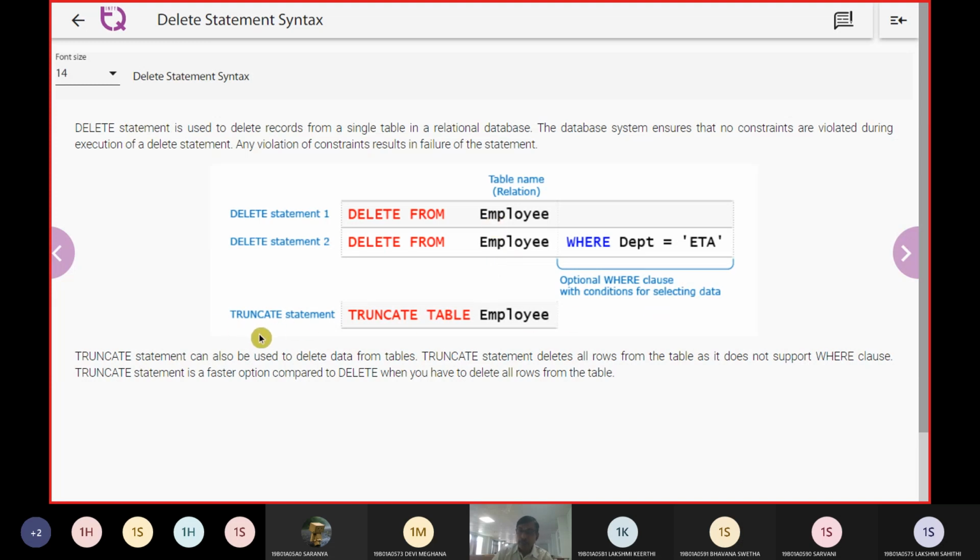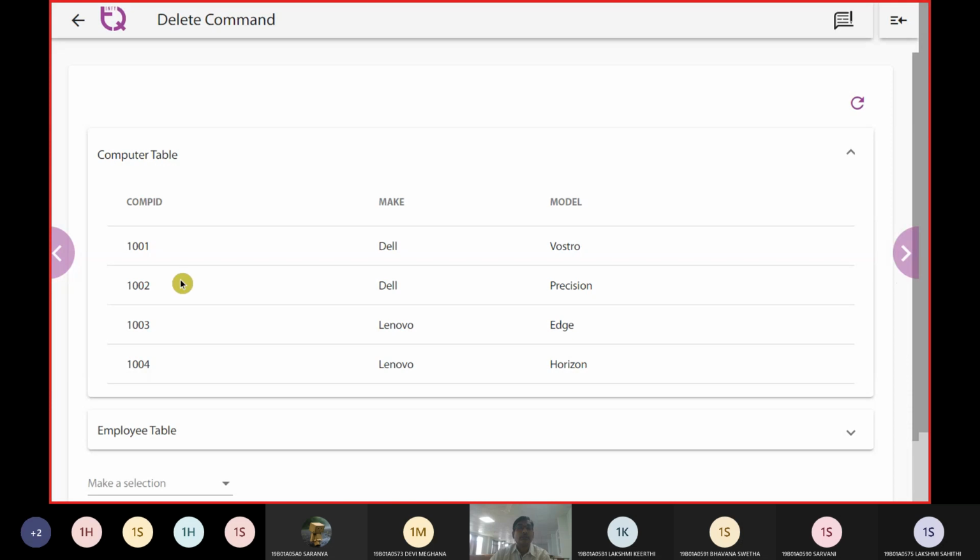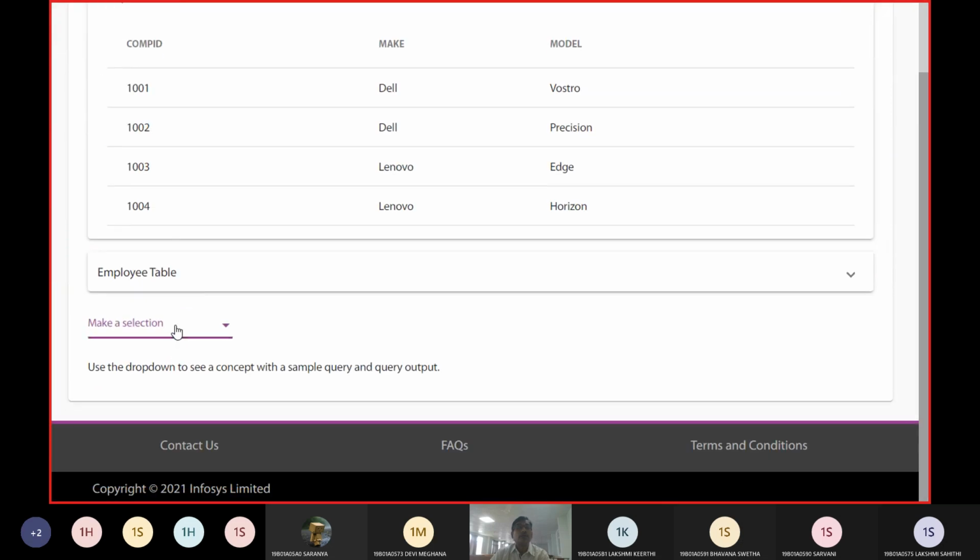But here with truncate, if I have 10 records inside the table, all the 10 records will be deleted. So that is all regarding the delete command usage.